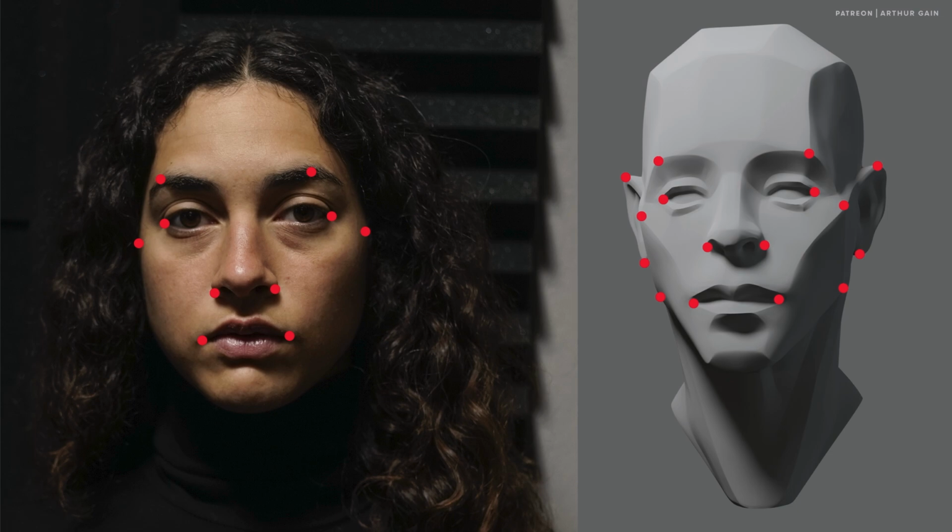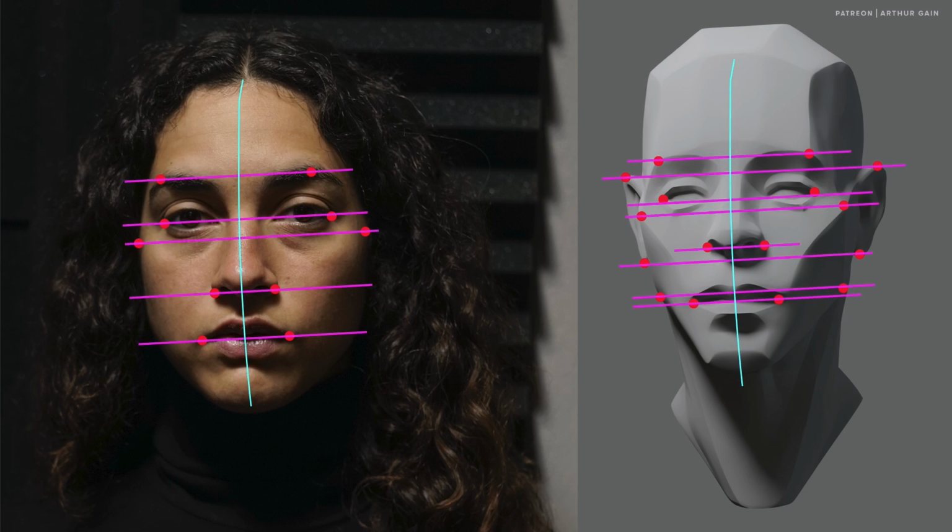Between these points, we can put parallel lines. Can you see it? So these lines between them should be parallel. And this is, I don't know if you follow this idea,